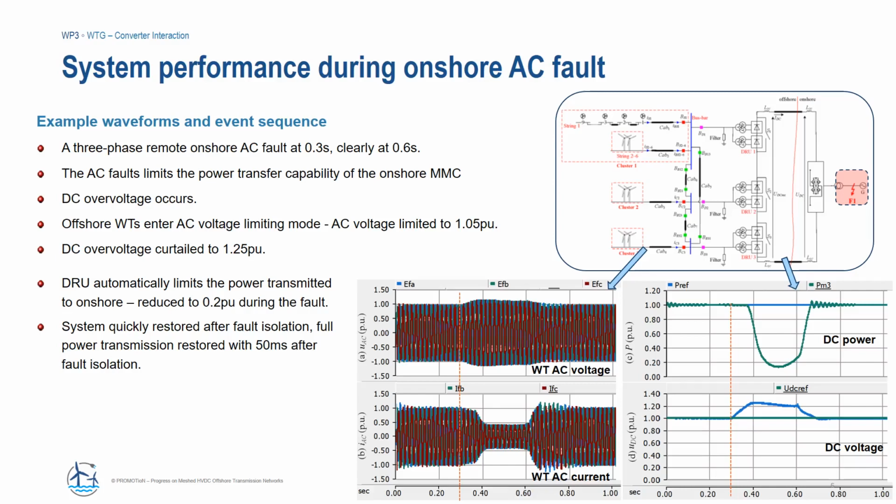So a fault is applied at 0.3 seconds and is cleared at 0.6 seconds. When the fault occurs, the power transmission from the onshore MMC to the connected AC grid is reduced. As a consequence of that, DC overvoltage starts appearing, as you can see here. The offshore wind turbines then enter AC voltage limiting mode. So the AC voltage offshore is limited to around 1.05 per unit as set up by the controller in the